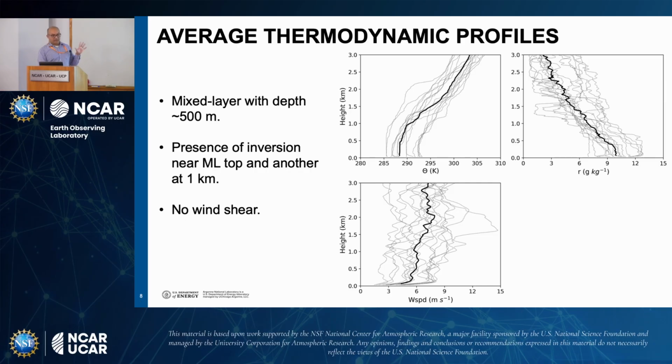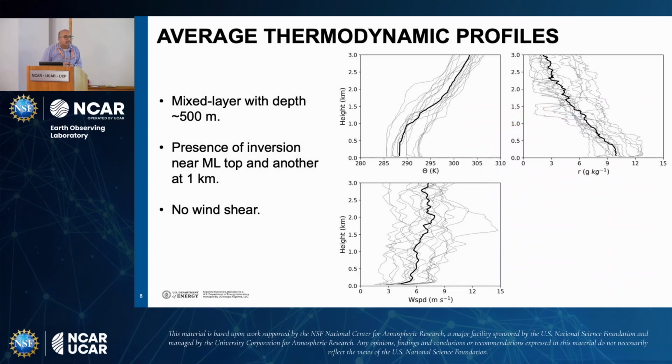We are proud of this because we are able to use a data set that agrees well with the theory and previous efforts. Second, we don't see much clear inversion in the mixing ratio, but that's how it works out because the water vapor in this case changes pretty fast. Third, the wind speed is almost constant with height, so we don't have any wind shear in the mixed layer. It's a little different from the continental mixed layer, where you have some wind shear. So we don't have turbulence from wind shear; it's all buoyancy-driven turbulence that we are looking at.